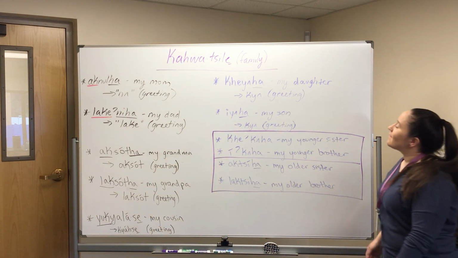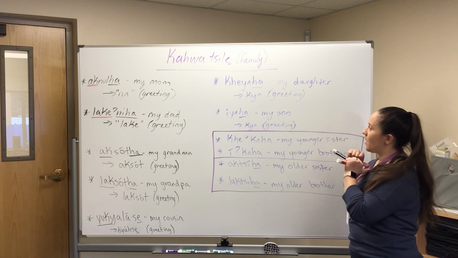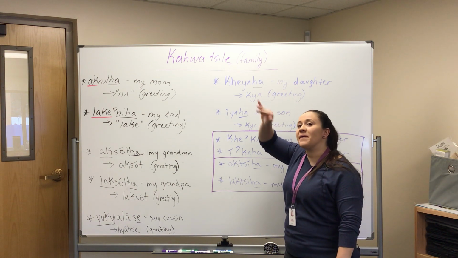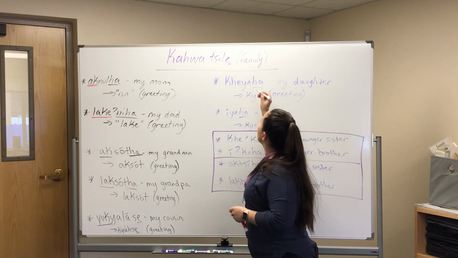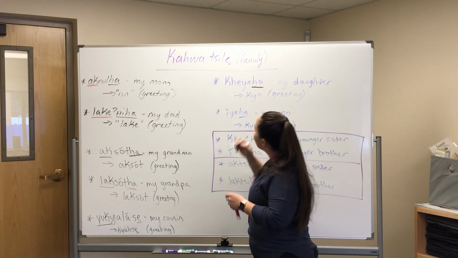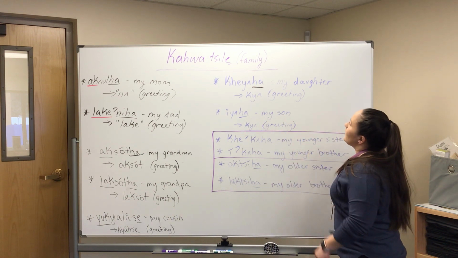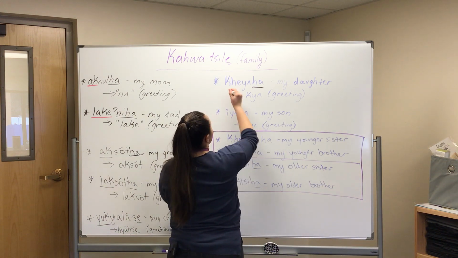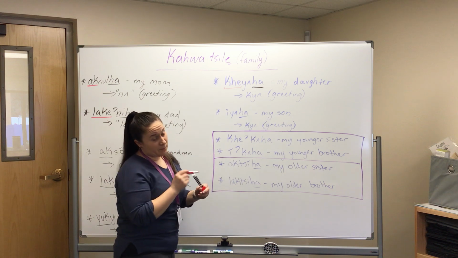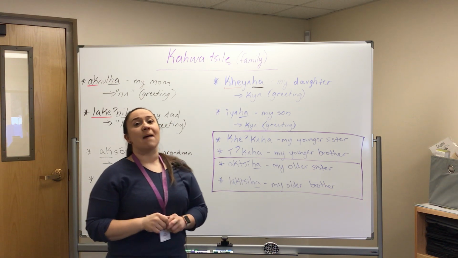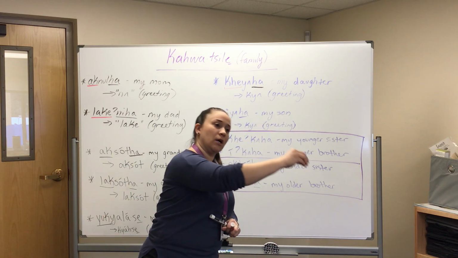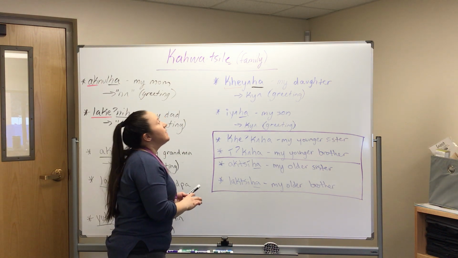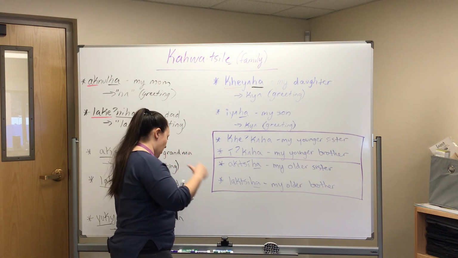So Keyaha is my daughter. Keyaha, the full word. So we've learned about whispered endings. Sometimes I forget to underline them, so I'll just do it in the video. That is the K-H-E right here. That is the people-to-people pronoun. That means me to her, or me to someone, depending on how it's being used. Keyaha, my daughter. Keyaha.